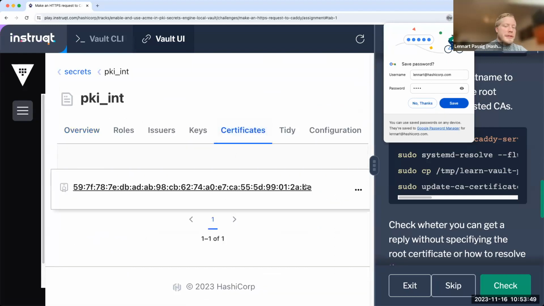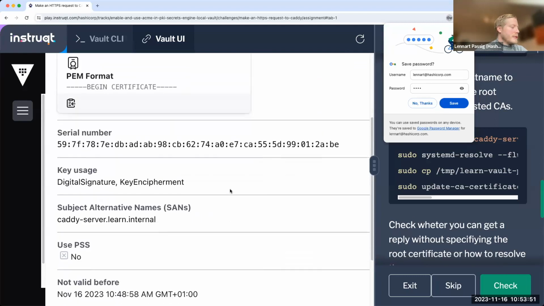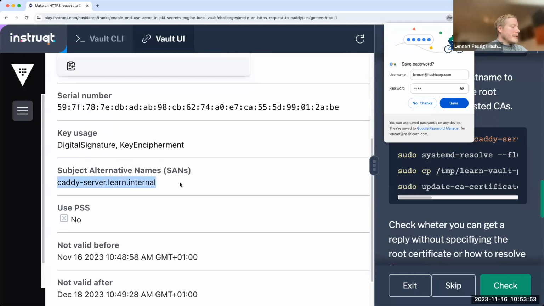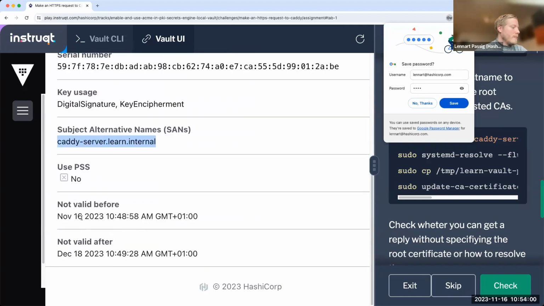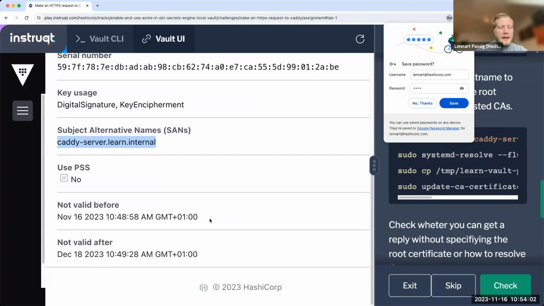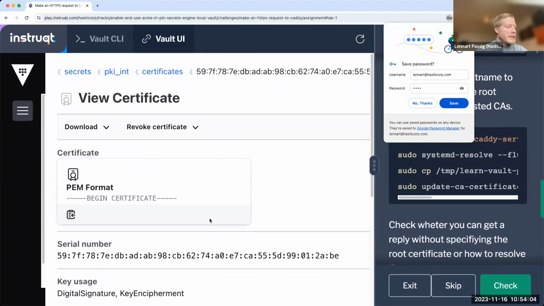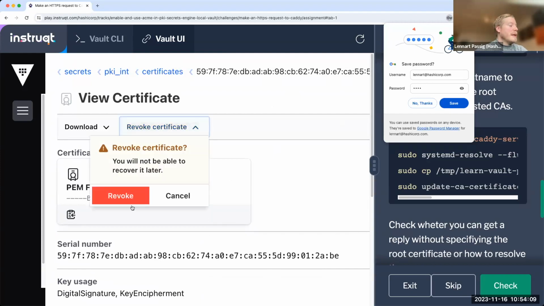We should see one certificate that has been issued, right? And this is the SAN, which is kserver.learn.internal. As you can see here, it is valid for almost a month. What you could potentially do is revoke the certificate, start the whole thing again, to see whether you get a new certificate or not.